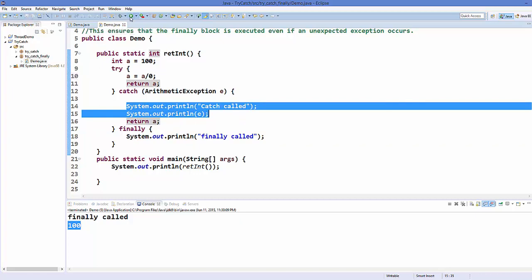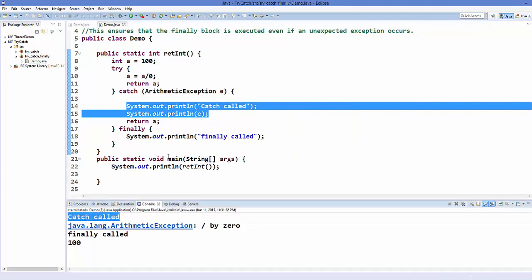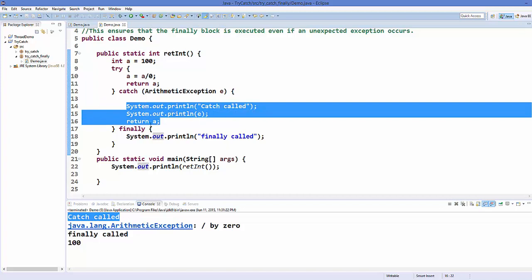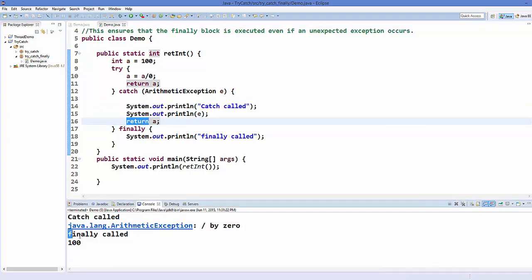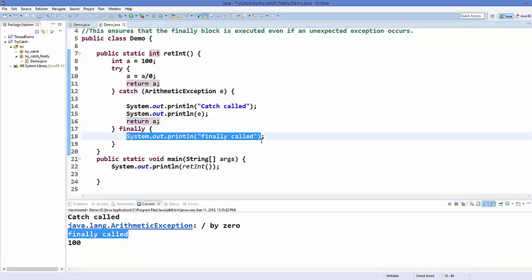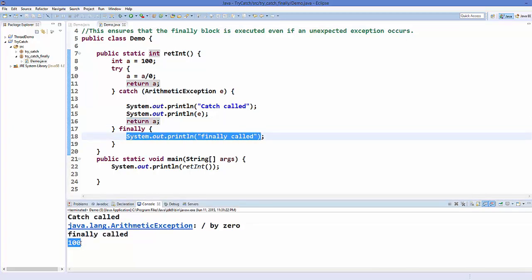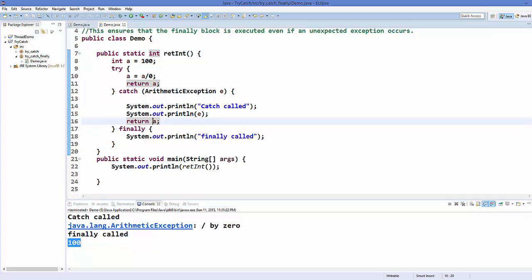So save the program and run the program, and once again we can see catch is called, so it throws an exception, it goes here, and first of all it calls this finally block which prints this message finally called, and then only we will be able to see this 100 which is returned by this return. So it doesn't matter if you return from the try block or catch block, finally will be called in that situation also.